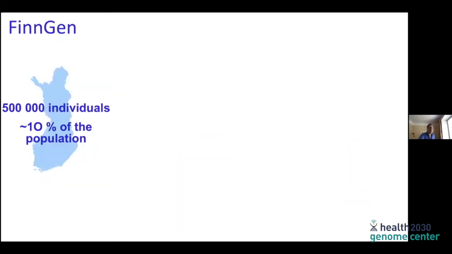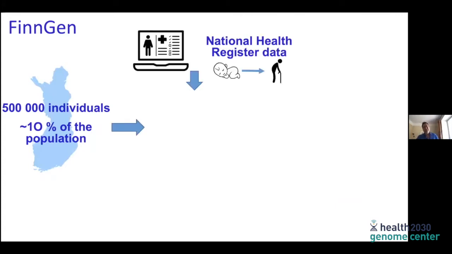The biobank study that I use most of what I'm going to present here is the FinnGen study in Finland, where our aim is to collect 500,000 Finns. 500,000 Finns is a different thing than 500,000 UK people in the sense that this is really 10% of the population. So it's a big national push to